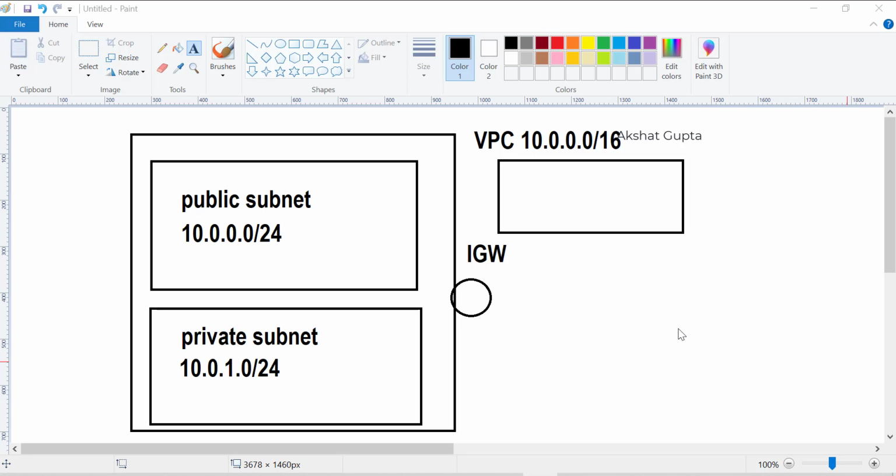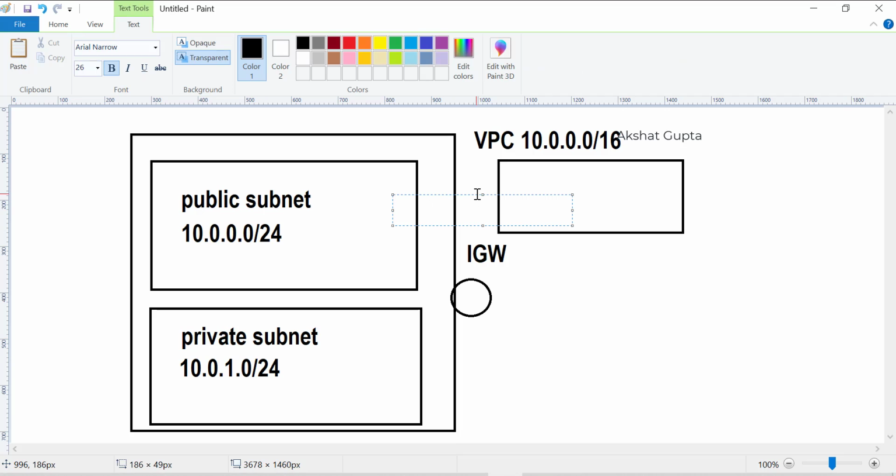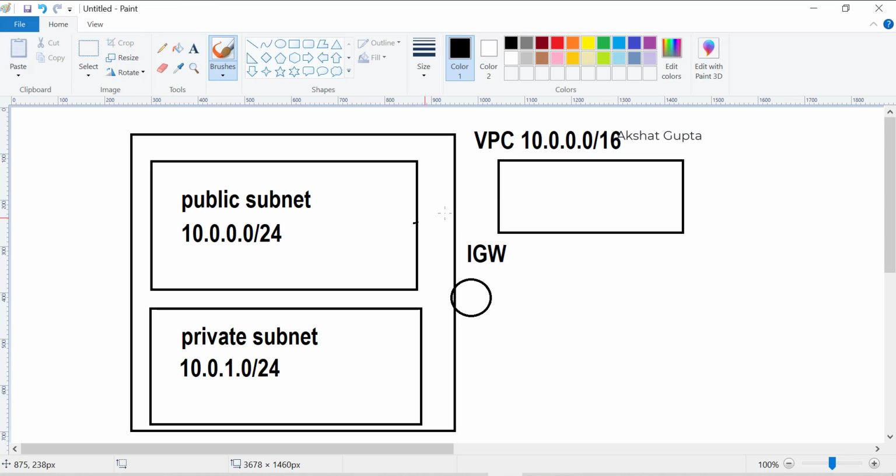For the public subnet, the target would be the VPC, so the IP will come, and another target would be the internet.